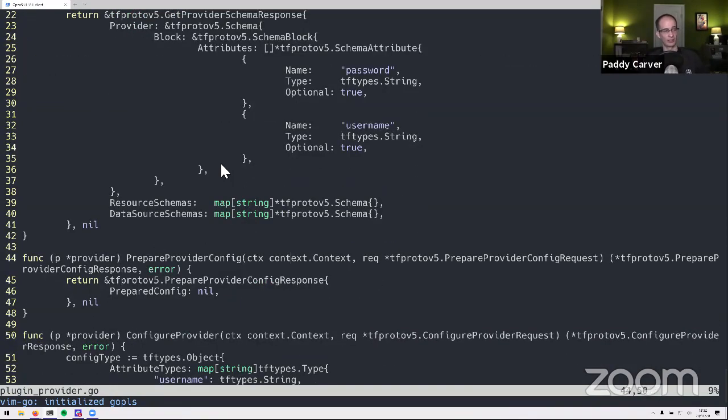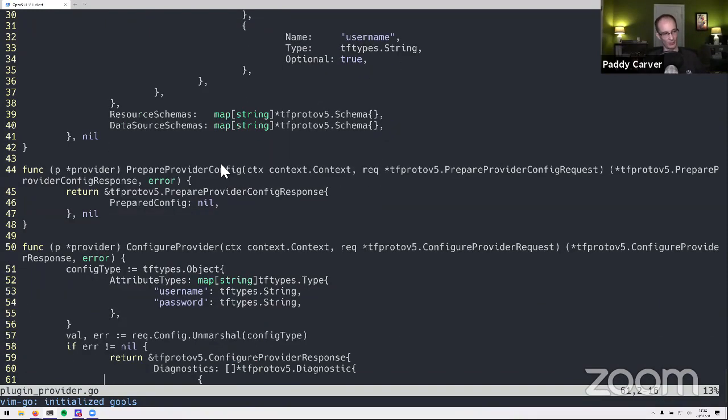Prepare provider config is bizarre, and we're not going to talk about it too much today, but it's a Terraform 0.11 compatibility thing. Terraform 0.11 providers, to continue their backwards compatibility, needed the ability to prepare the provider config before it was validated. So this gives you an opportunity to modify the config before it gets validated. It's very bizarre. Most people won't use it. It's probably fine. A constraint of MUX is that only one provider server can respond with a prepared config. That's why this is explicitly set to nil here, because helper schema is our one provider server that's going to have a prepared config.